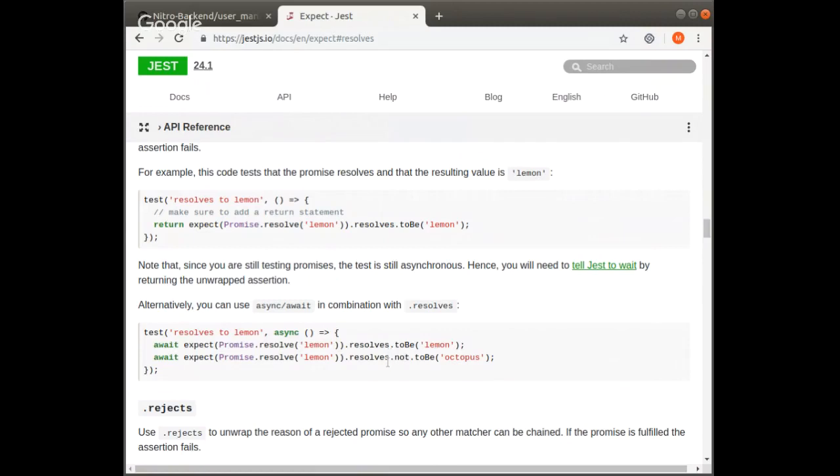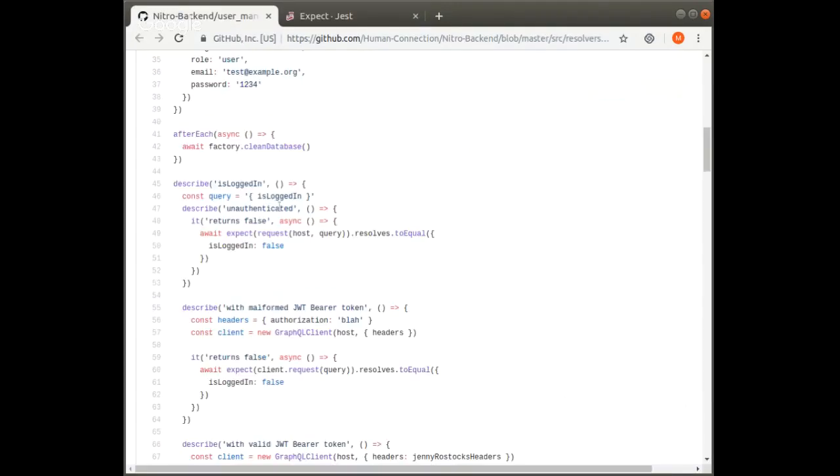Okay. And when you say dot resolves dot, then this will have a return value. So you cannot only assert it's resolving, it's also resolving with a value, with a result. And that is in this case the string lemon. So expect the promise to resolve, and after it has resolved, to return the string lemon. Right? And in our test, we're expecting the method request with host and query to resolve